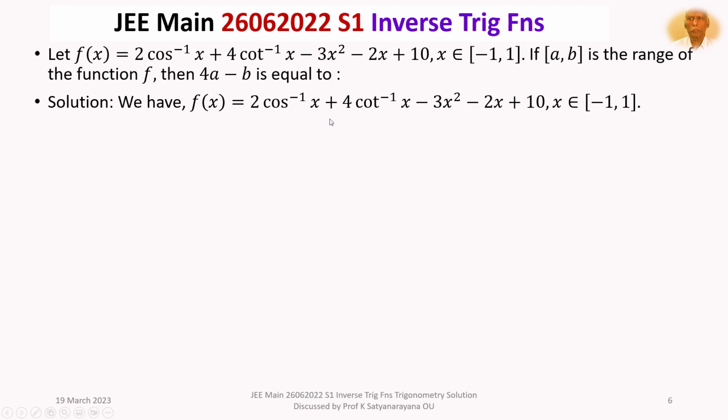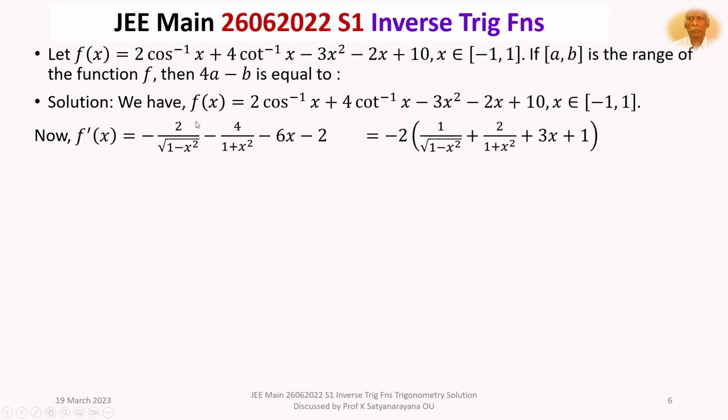Now, we discuss the increasing decreasing nature of this function. For that, we consider its derivative, differentiating f of x with respect to x. We get f prime x is equal to 2 into